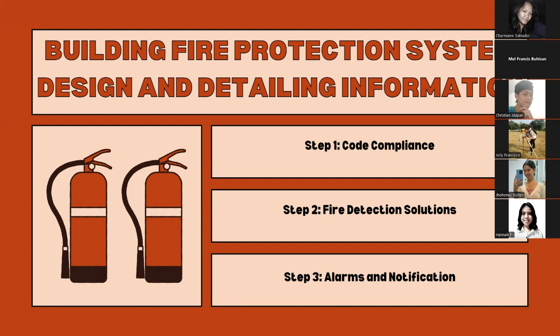So we need to, in the design process, this typical fire protection system, these are the goals that we need to accomplish. Number one is, of course, to save lives. Number two is saving the property. And lastly is preserving business continuity. So that's why it's so important to follow the guides so we can attain this goal: saving lives, saving property, and preserving business continuity. For step number two, we have the fire detection solution.